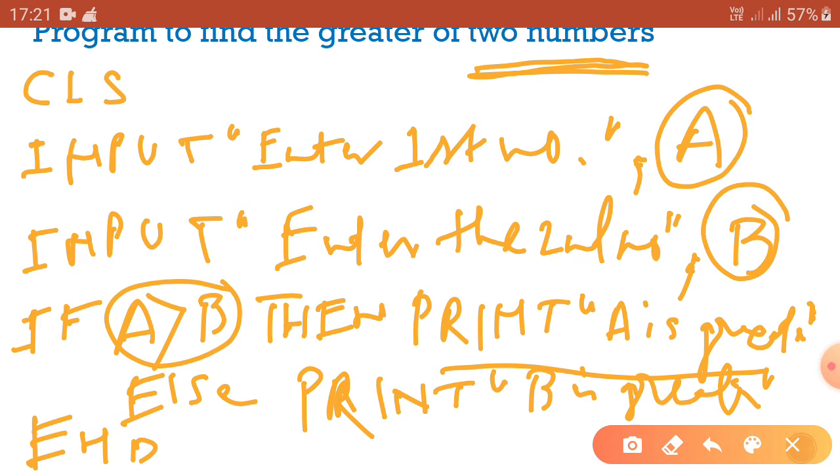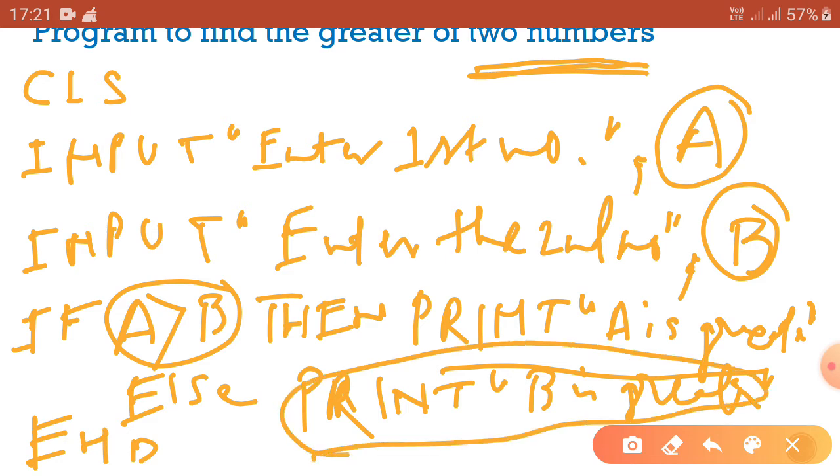If A is not greater, then this part will be executed, print B is greater. Got it. So this was the if-then-else statement. So we are taking another example to give you a better understanding.